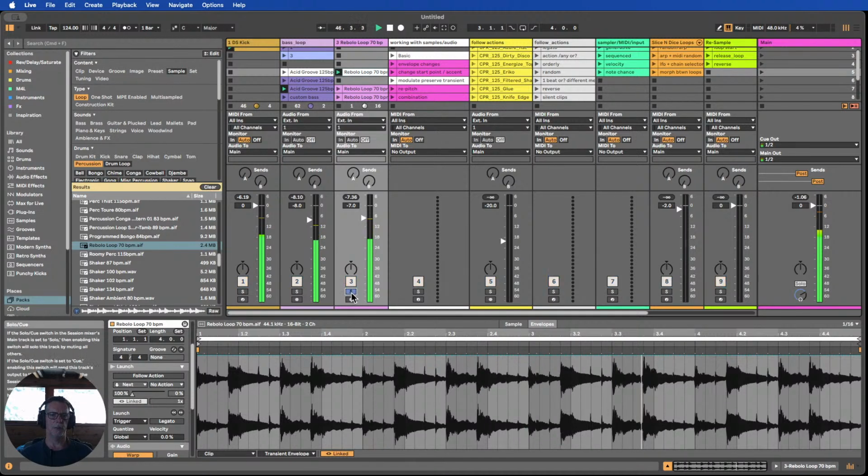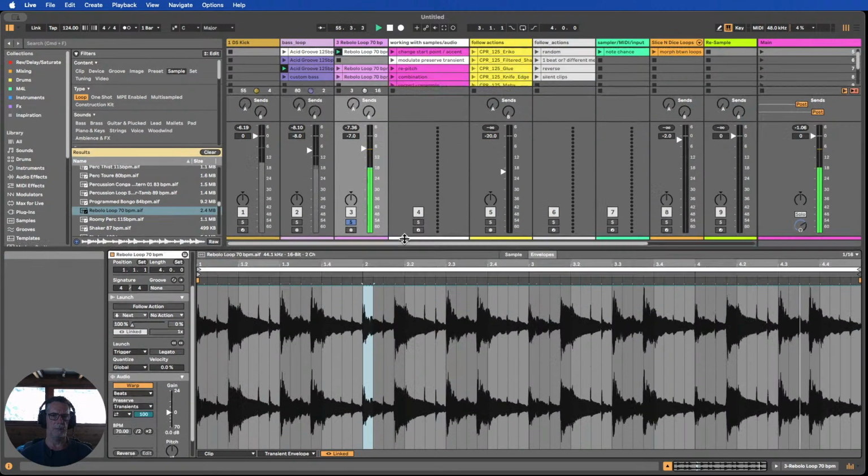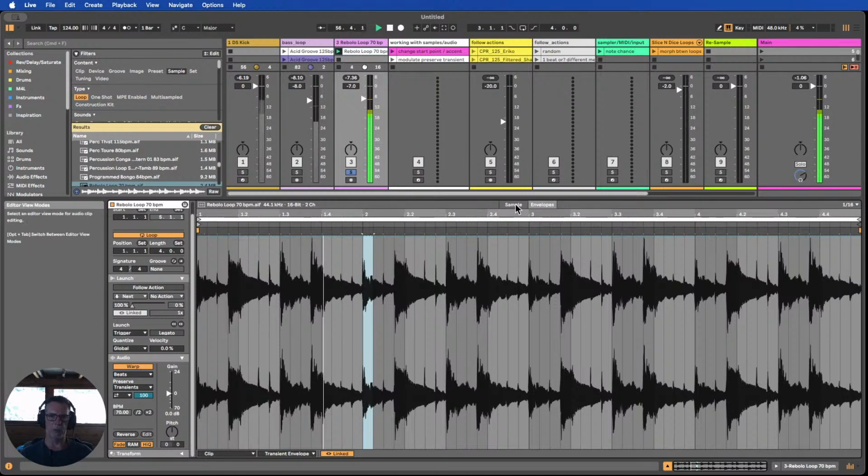Because this loop itself is quite low, and all of these low hits in it, it's more of a bass kind of percussion, it's a very low percussion. They are getting in the way of the kick drum when you just leave the loop as it is in its standard form. So at the very minimum, if you were to say, okay, I want to use this with a kick drum,